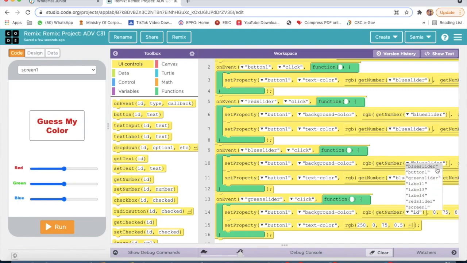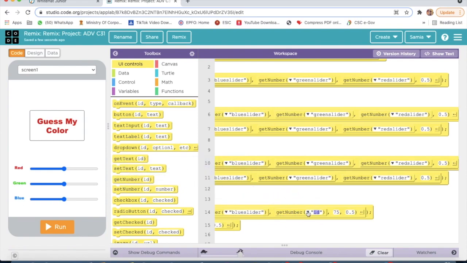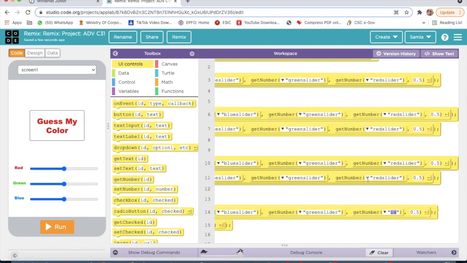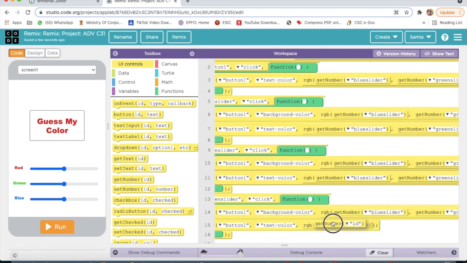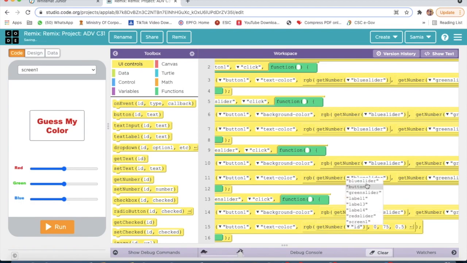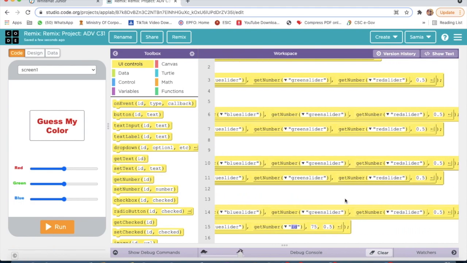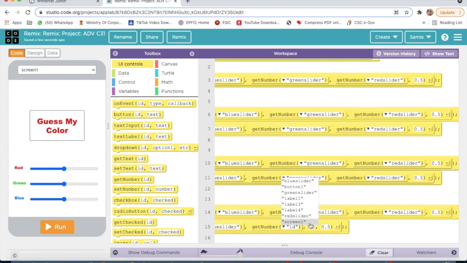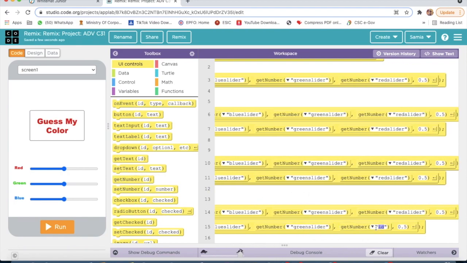Here the ID will be blue slider, again get number, green slider, again get number, red slider, then again get number, blue slider, again get number, green slider, again get number, red slider.